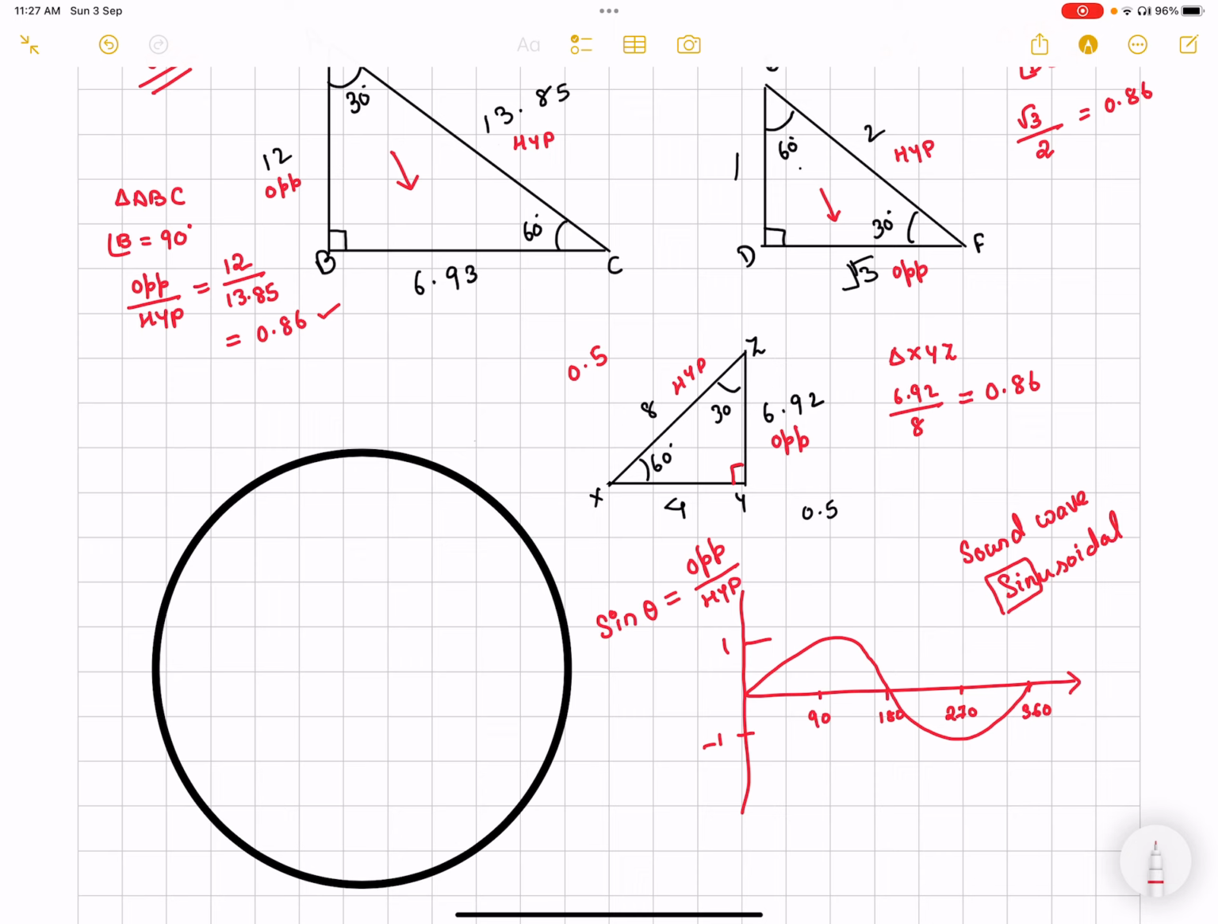The same way, for cos, they plotted it out and got something like this. And they said cos theta is equal to the adjacent side by hypotenuse. And then finally tan. Tan theta is nothing but the ratio of sine and cos, which is going to be